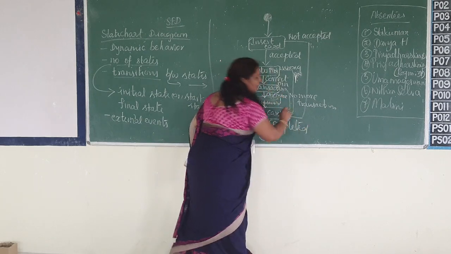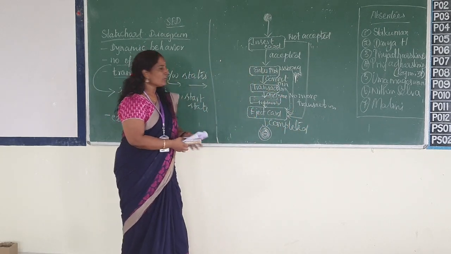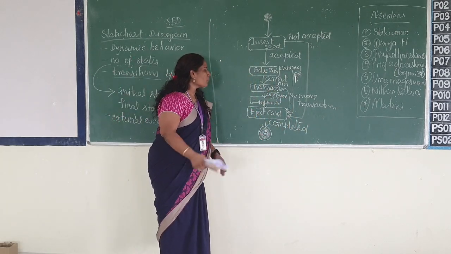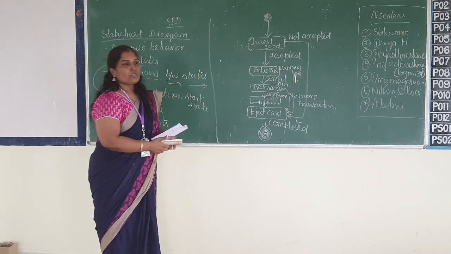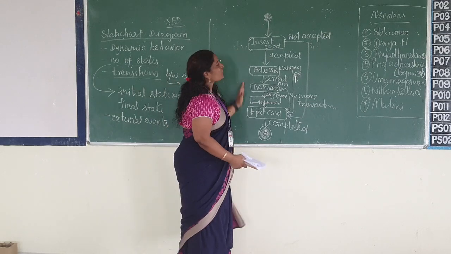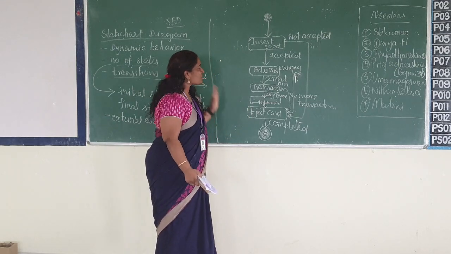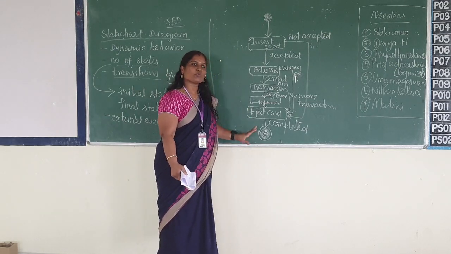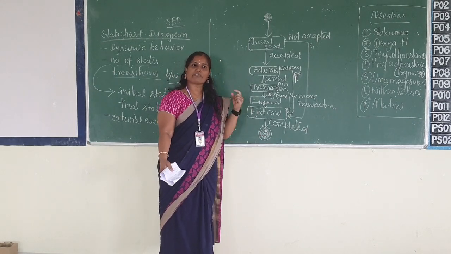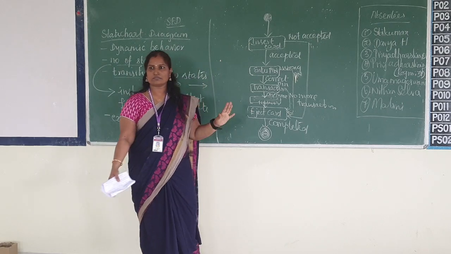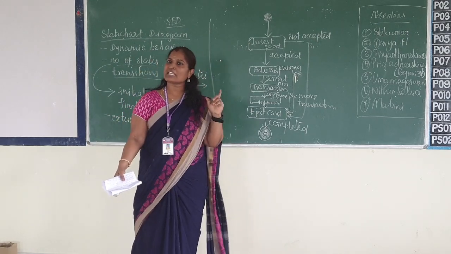Task is done, process is completed. So when everything is completed, move on to the final stage. Okay? So when we are planning to model itself, we must know what is the start state and what is the final state. Start state is inserting the card, final state is ejecting the card.